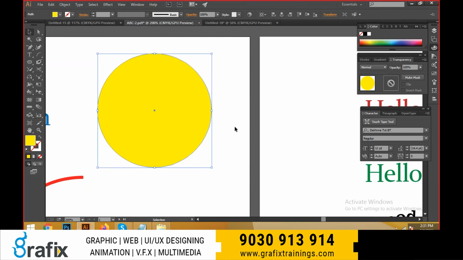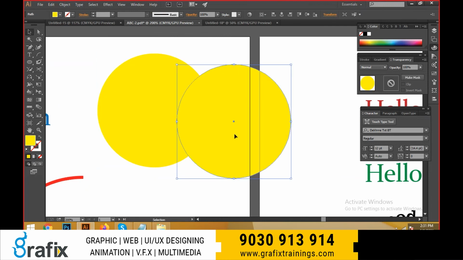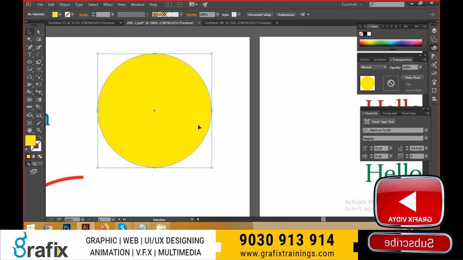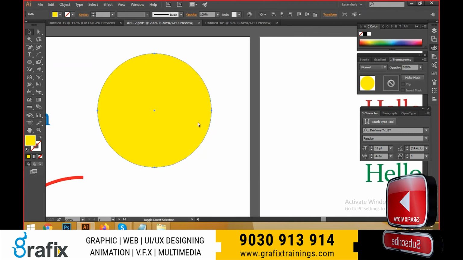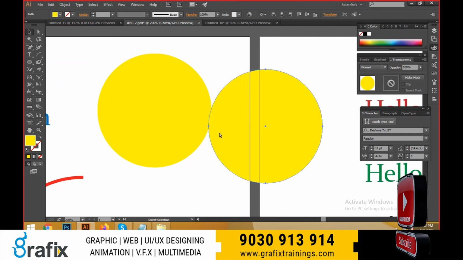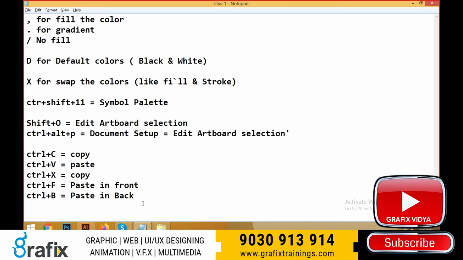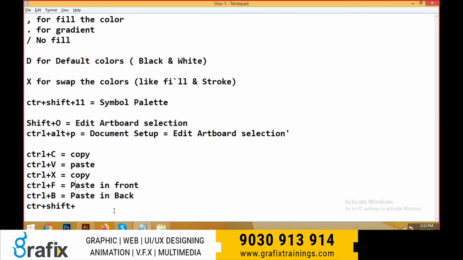Select this one, guys, and Control C, copy, Control V, paste, means it comes beside the object, and I would like to paste into the same place. Control C, Control F is one of the shortcuts, and Control Shift V is one of the shortcuts for pasting. Here, see, paste in place. Control Shift V. Please use the shortcuts, guys, please. Paste in place.